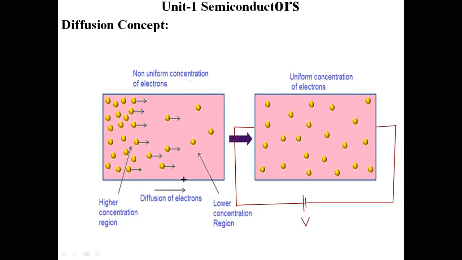Then, due to the traveling of electrons from high concentration to low concentration, I am going to obtain some current density here. That current density I am going to represent with respect to the p-type semiconductor material as well as the n-type semiconductor material. Drift process is the artificial process, whereas diffusion process is the natural process. Drift process consists of voltage supply, whereas diffusion process consists of no voltage supply. This is the basic difference between drift and diffusion concepts.